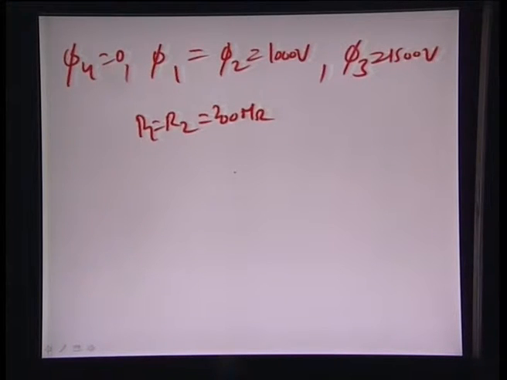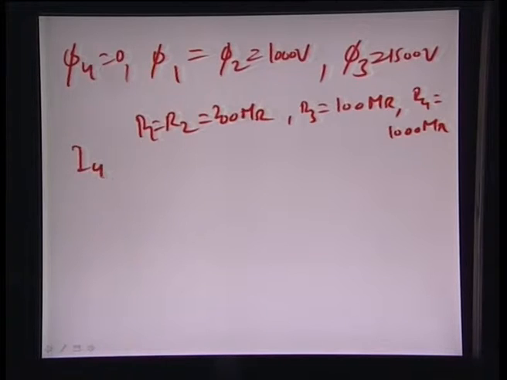Okay. R3 is about 100 mega ohms, R4 is about 1000 mega ohms. The I4 value comes out to be equal to minus 1.2 times 10 to the power of minus 6 amperes,